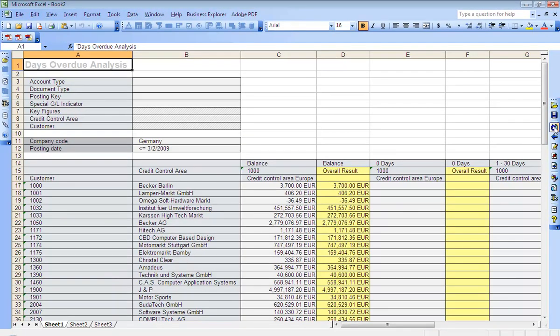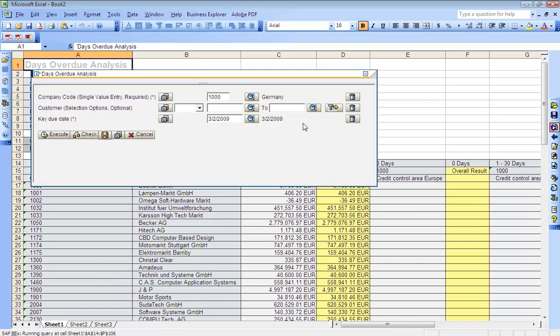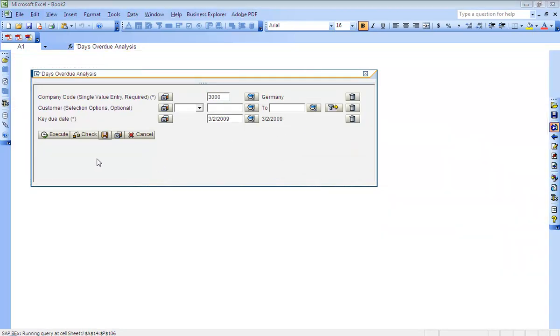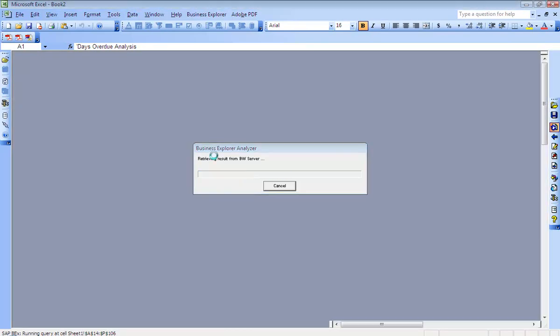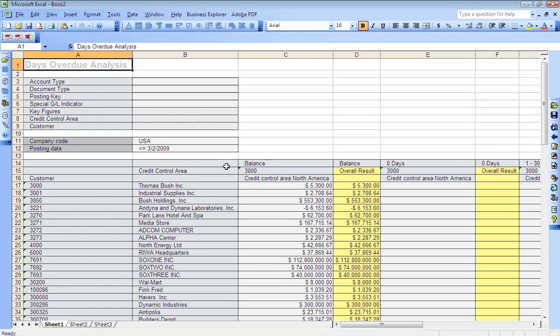Let's say we refresh the query and the user executes the same query with company code 3000, and the user still gets the information. In this scenario, the security is not built on anything. The user has access to all the company codes.